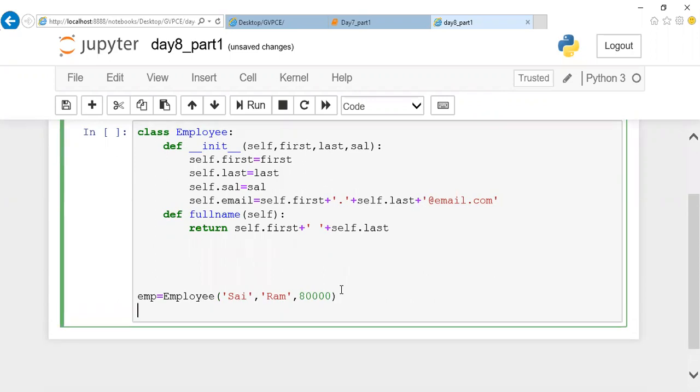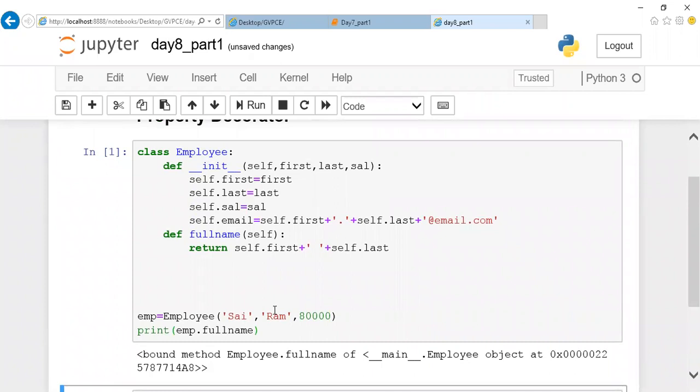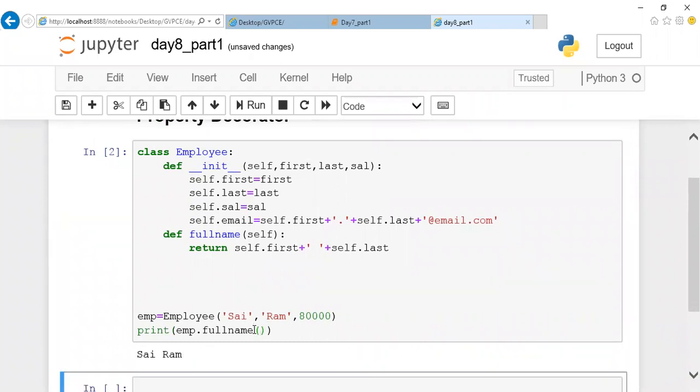So I'm just calling this function, followed by let me give print object dot full name. Since I'm giving it inside print, this function is going to return some value, and I need some variable to receive it. Instead of it, I'm putting it inside print directly. If I execute this, what happens? Something function call, right? We didn't mention the function call. So it is giving the object, that's it.